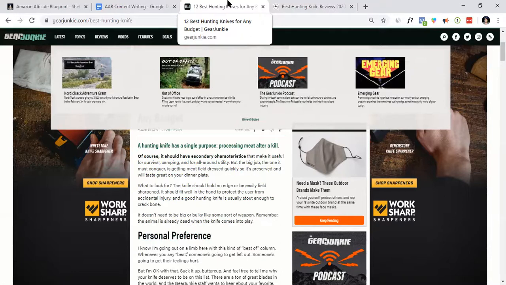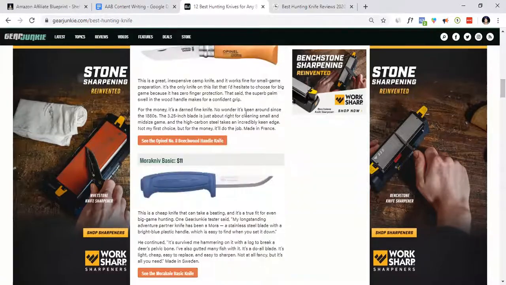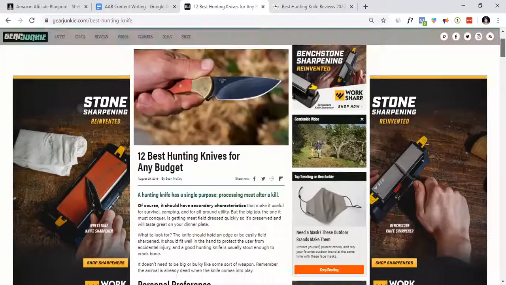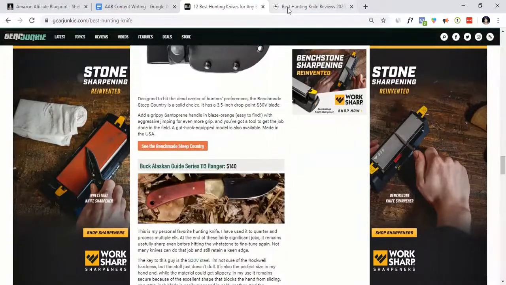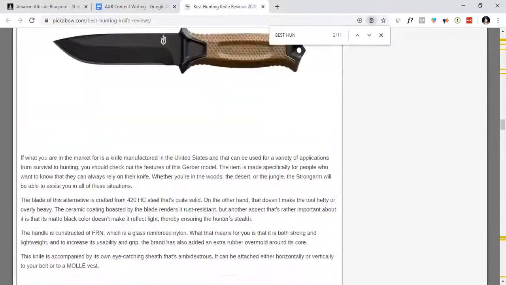LSI is latent semantic indexing, hidden things on your page. I don't know why they wrote hidden over here. So this is all that you need to do, creating an internal linking structure, and everything is over here, right?